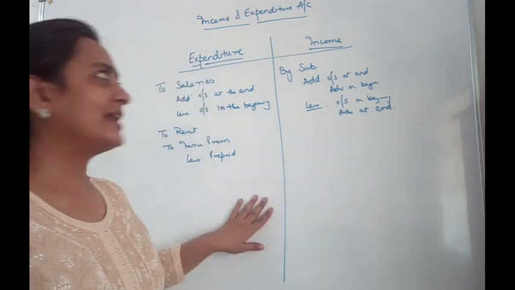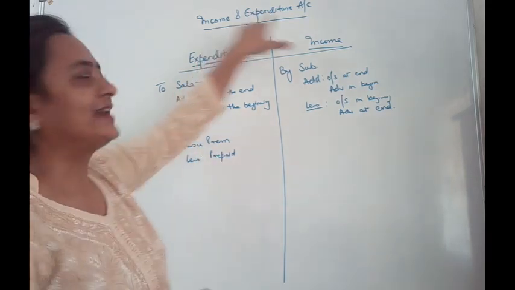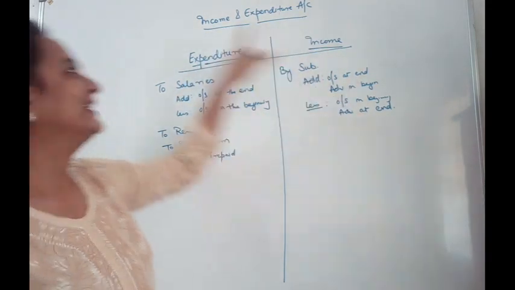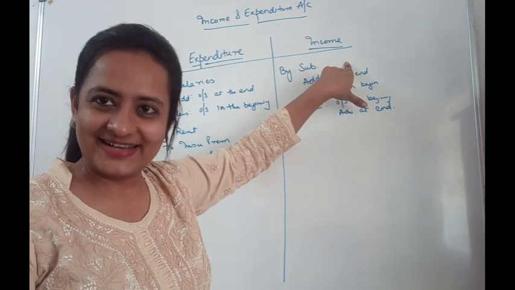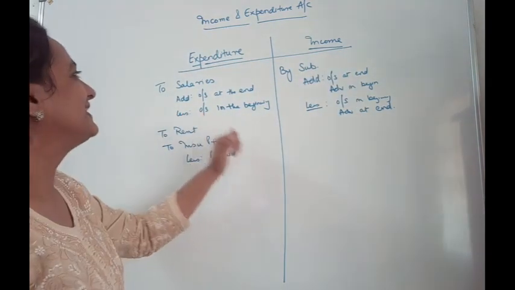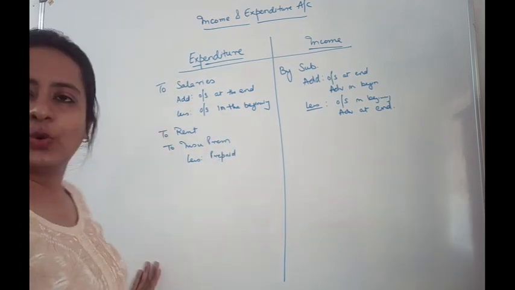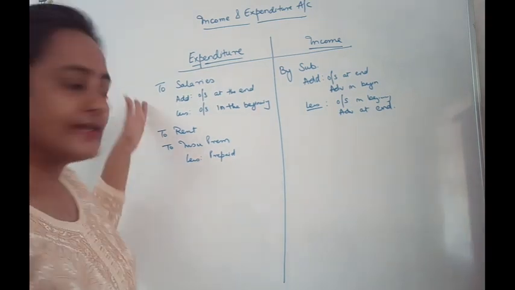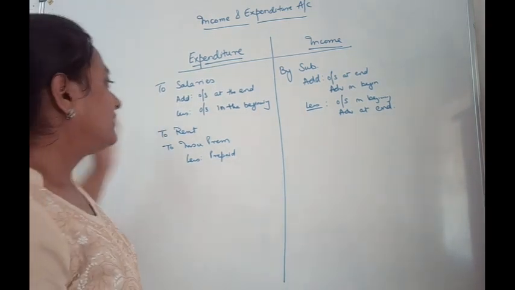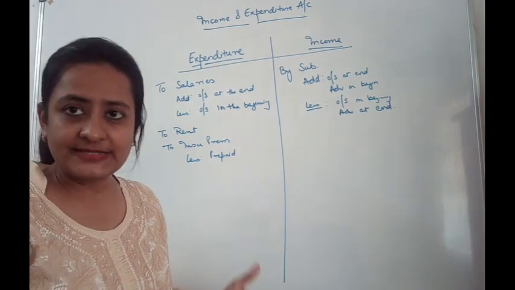So now coming to income and expenditure account, one small thing, the account's name is income and expenditure account, but it is expenditure on the debit side and income on the credit side. Then the expenses that we are making would be all coming over here. Whatever is the expenses of the organization, like salaries which it is paying, the rent which it is paying, the insurance premium that it pays.